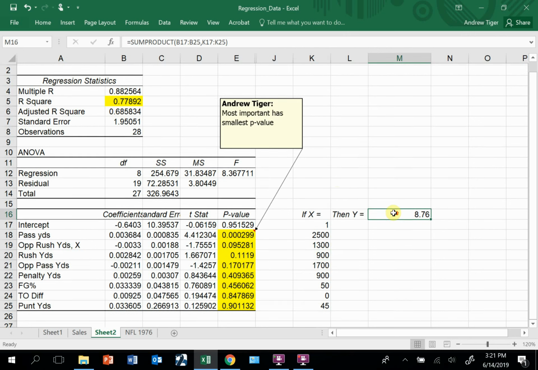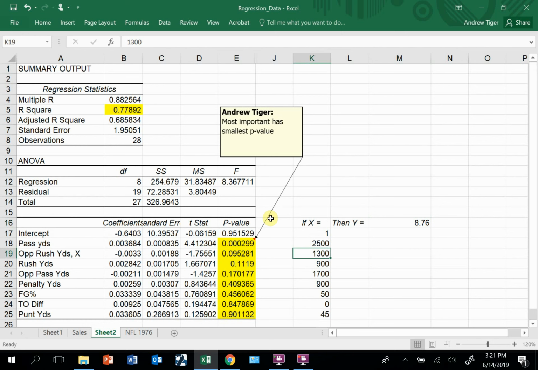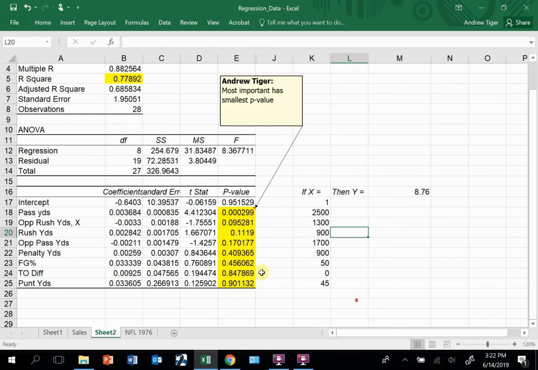I'm getting close to making the playoffs if I can find a coach or a player that can reduce my rushing yards allowed to 1,300. So you can put all of this information in here, and these tell you the impact of a unit change of each of these on wins. So that's how you build a multiple regression model,